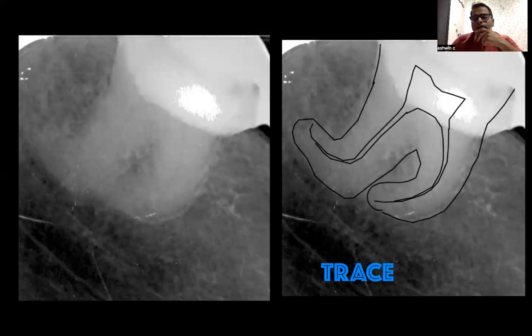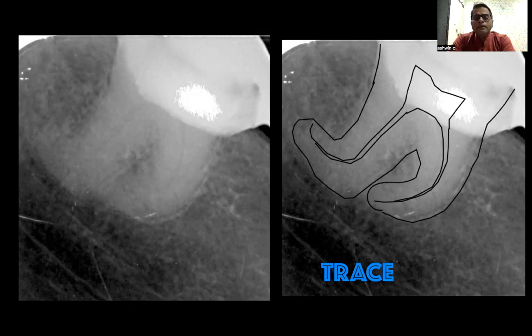You know that this is a difficult case even for any endodontist in the world. This is not a simple case. There are so many sharp curvatures inside. I don't know which file is going to stay there. Any file can break at any point of time. So what I am supposed to do is prepare myself and plan this case